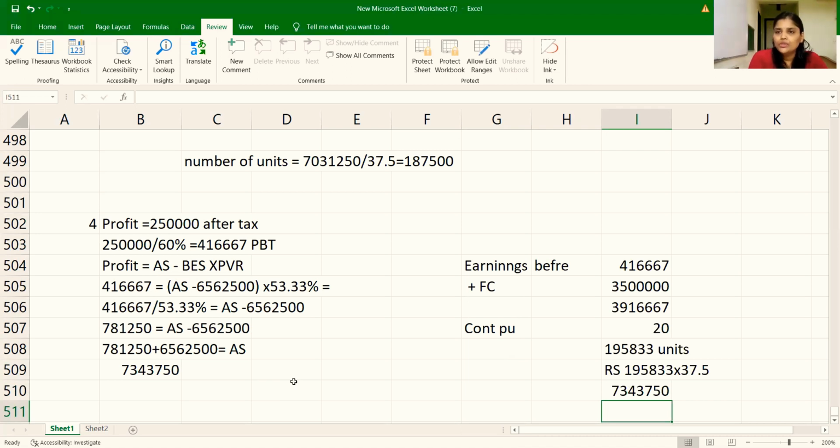Students, I hope you understood the sum. Understand marginal costing. See, again I'm repeating the key points. What is marginal costing? It is a method of costing where variable cost and fixed cost are kept separate, and sales less variable cost gives you contribution. Fixed cost includes all the fixed cost, and variable cost includes all variable costs. What do I mean by all? Factory, selling, and admin. I hope you followed whatever I covered.